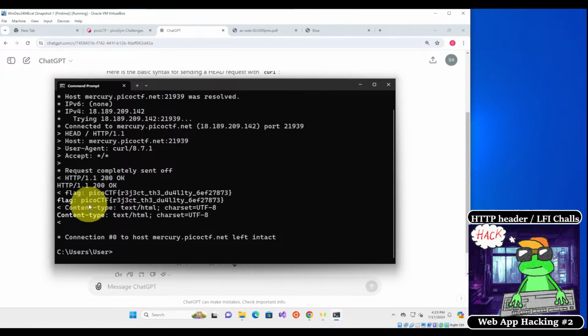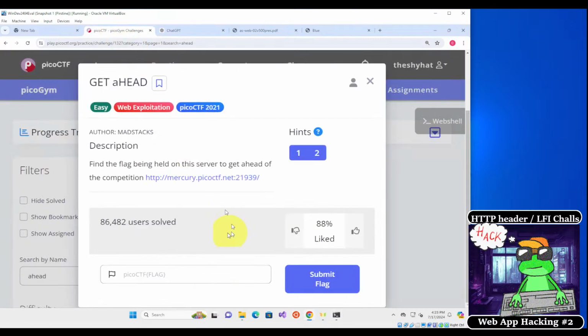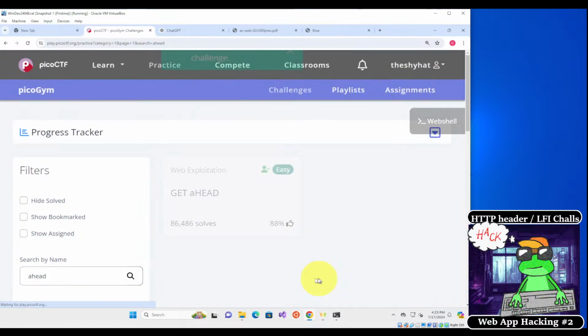What is that word? Verb, I guess. Okay, so we can copy this flag right here, and we can go over to the picoCTF webpage. So this is the challenge webpage. We have the flag, and we can paste this in right over here as the answer, submit the flag, and